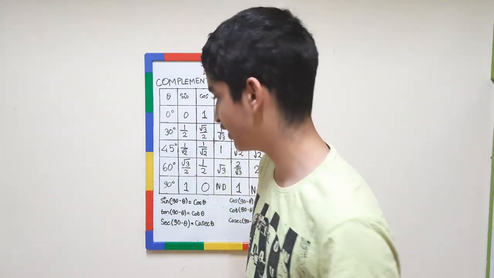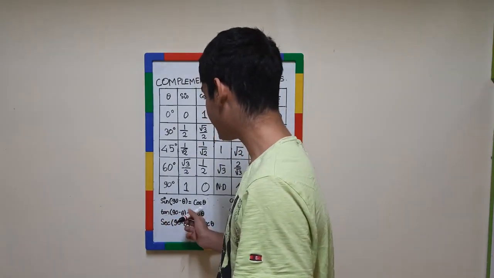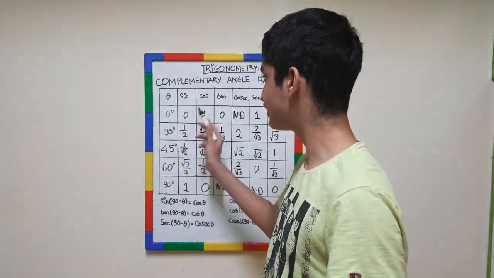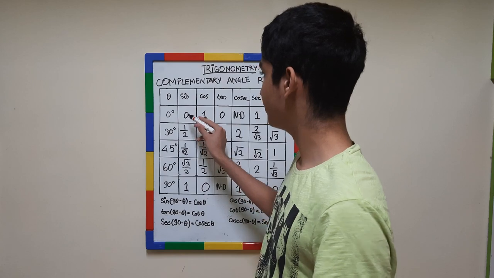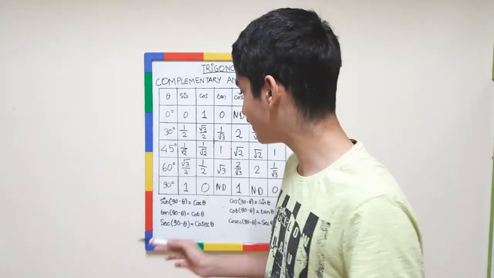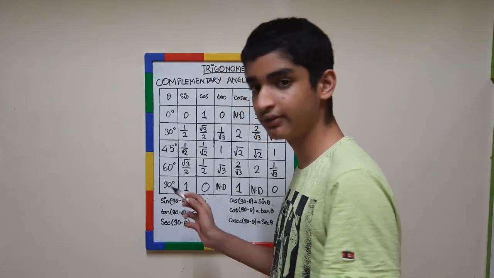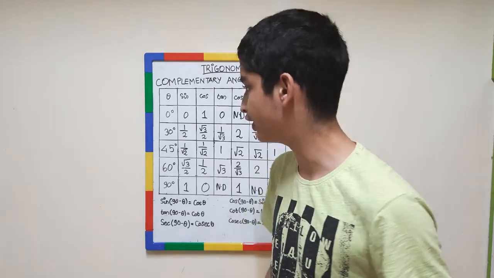Okay, so now let's see in detail. Okay, sine 90 minus theta equals cos theta. Right. So last class I had told you that sine theta and cos theta are inverse, you can say. Like sine 0 is 0, but cos 0 is 1, and inverse. So this can also be written as sine 90 minus theta equals cos theta. Let me show you how.